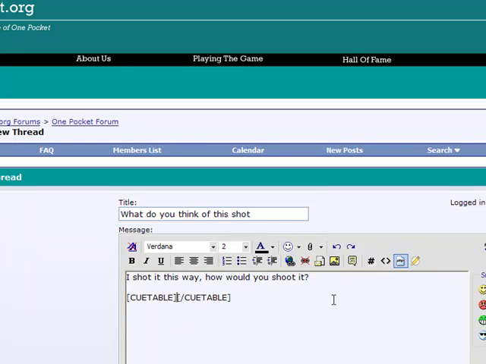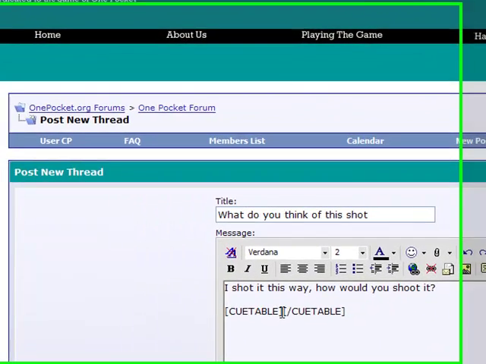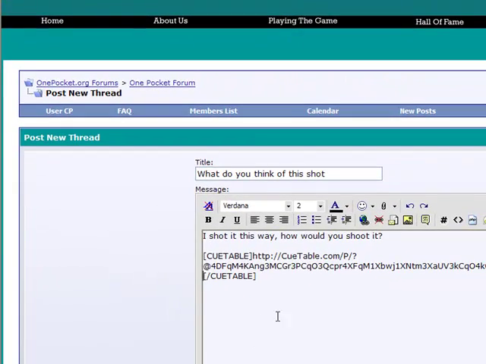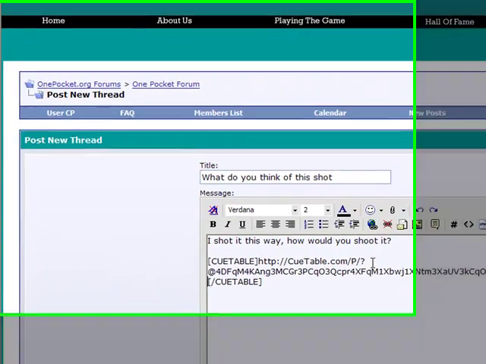When you click this, it's going to put these brackets here around a cue table. You got cue table, and then you can see your cursor right there in the middle of those brackets, flashing right now to show you where it's at. All we're going to do is right click and say paste, and you can see now it's pasted the URL,